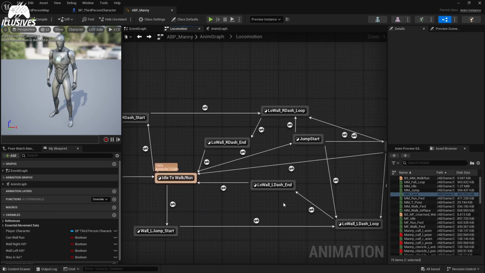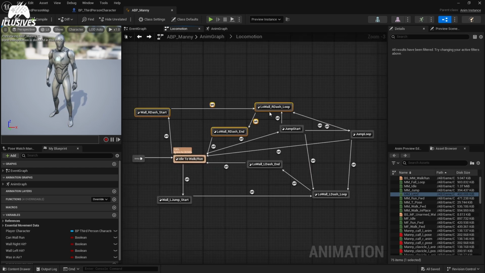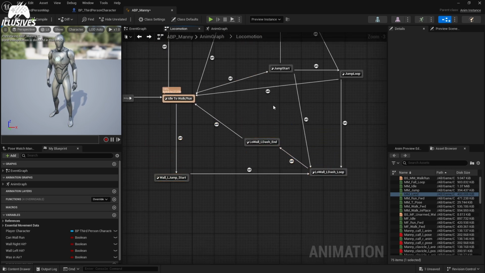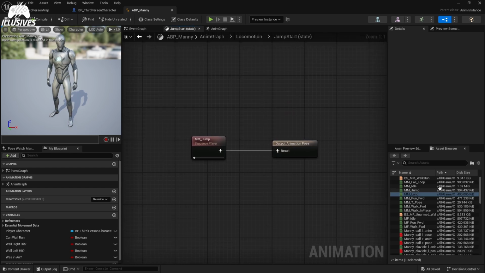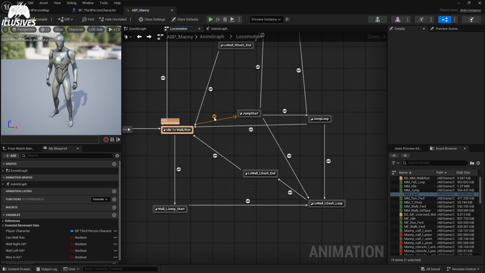So now the first thing we need is to fix our jump start. So here, let me make these a bit organized so that we can understand. So this is our right, this is our left, and this is our jump. So you will see technically we have three, but as I said, my land is not usable. So I skipped that landing part. But of course, if you're making a game and you have the proper landing, try to use that animation here with another state called jump end. So first the jump start, take any animation where you are jumping. So take a jump, this jump animation. After that, here you will be needing